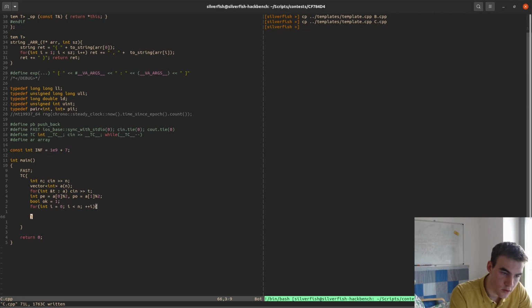Let's say originally ok is 1. If i mod 2 equals 0 and a_i mod 2 doesn't equal the parity of the first element, then it's 0. And for odd positions, if a_i mod 2 doesn't equal the parity of the first element, then it's 0, and then I print out yes,